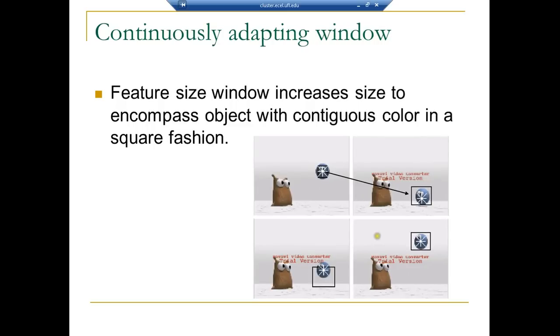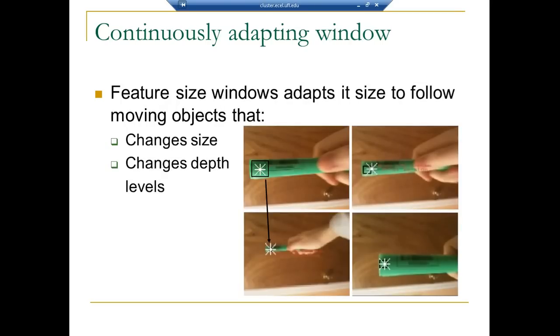Now, a few things about this algorithm is that it continuously adapts the window to increase to fit the size of the object, so that it encompasses the whole object, as long as the object has a contiguous color. Furthermore, another really important characteristic of this algorithm is that it's able to compensate for objects that are moving in different depth. Hence, in a mean shift algorithm, if the objects move in different depth fields,